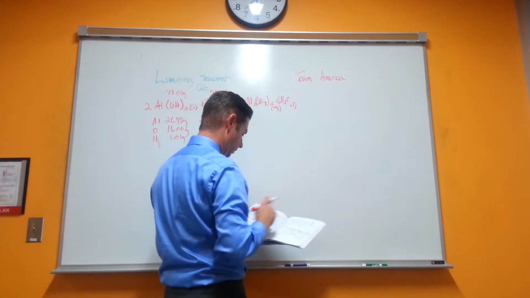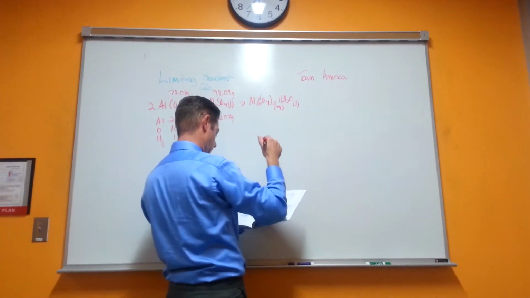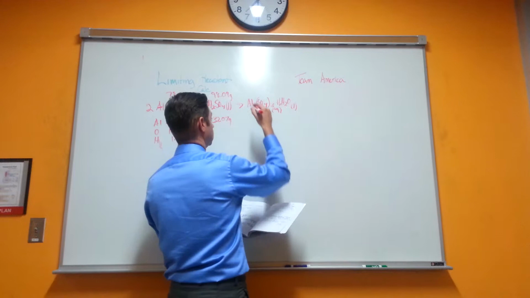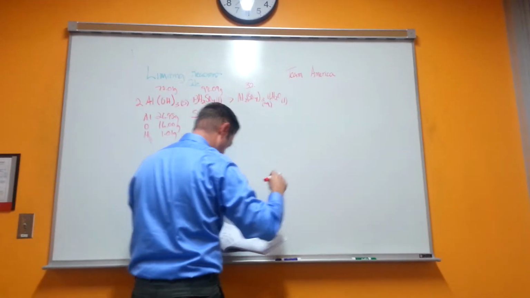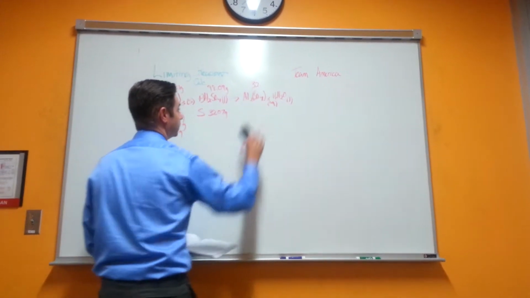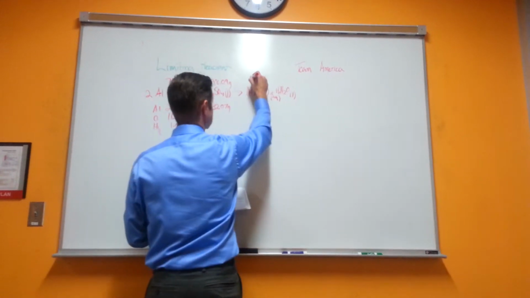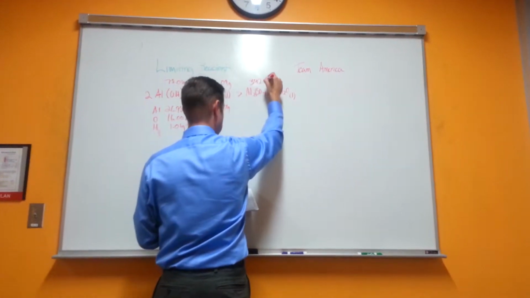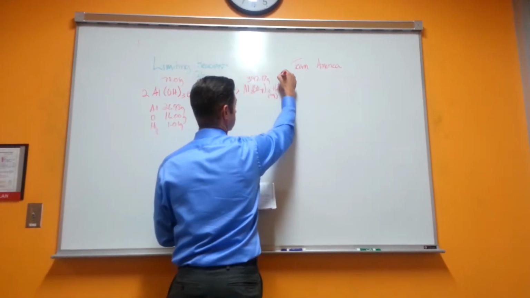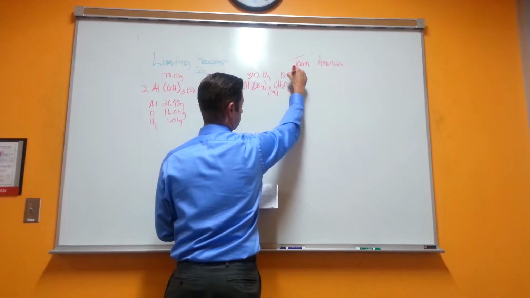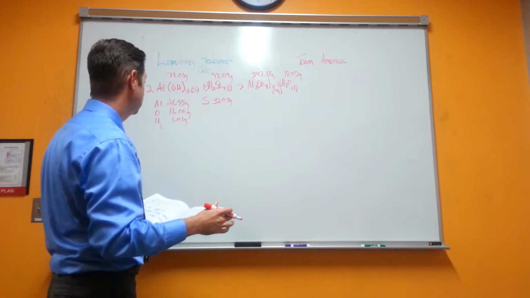The molar mass of aluminum sulfate is 342.17 grams. And water is 18.02 grams. Right, so now that we have the molar mass for each of the molecules, we can start to